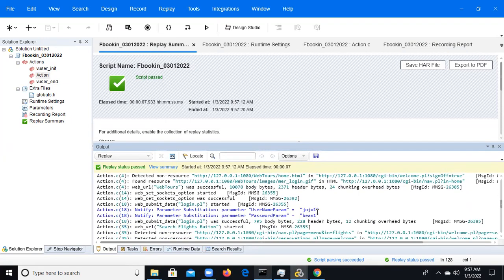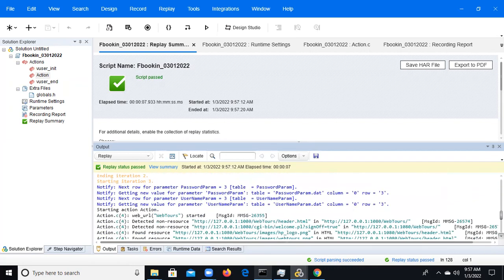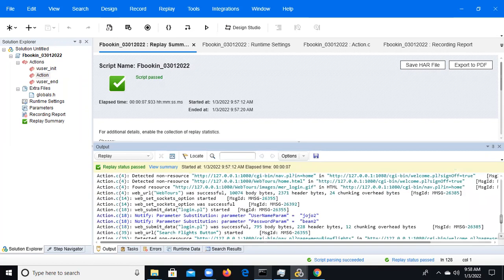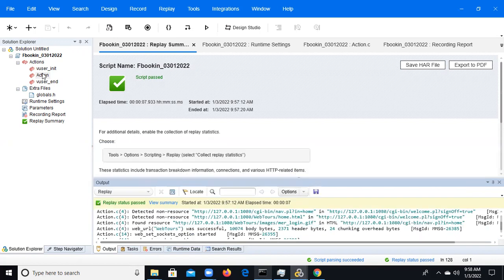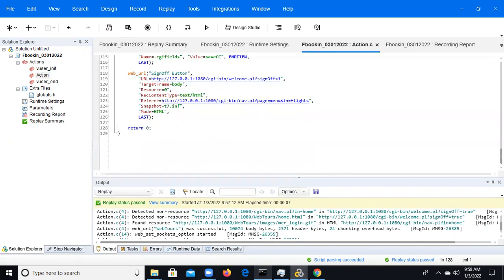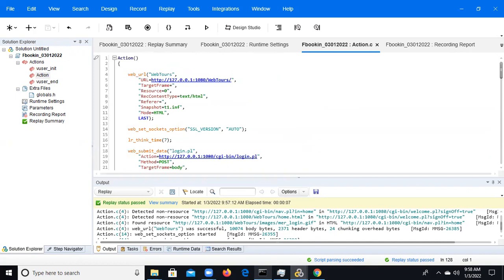See here, Jojo 1 bin 1 is selected. Next, Jojo 2 bin 2. So in each iteration different values are selected. Everyone got it, right? Yes.